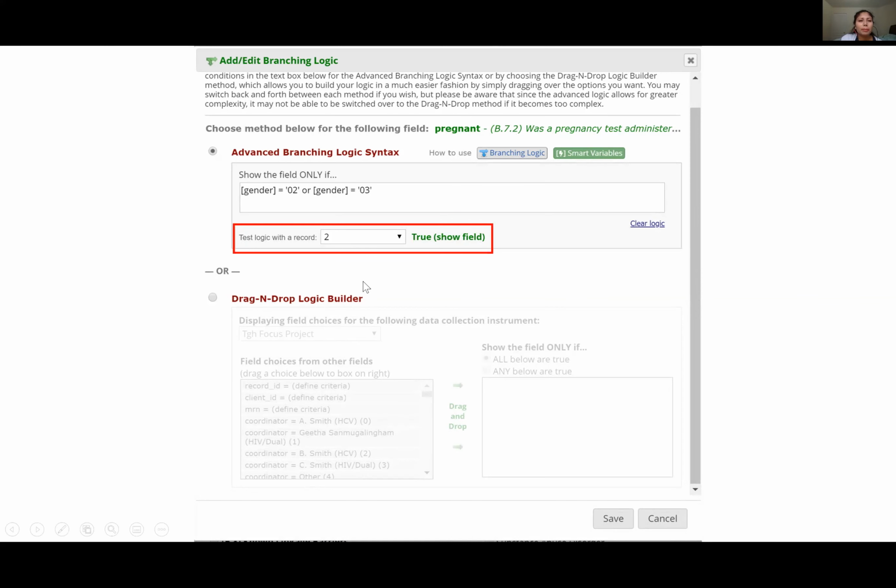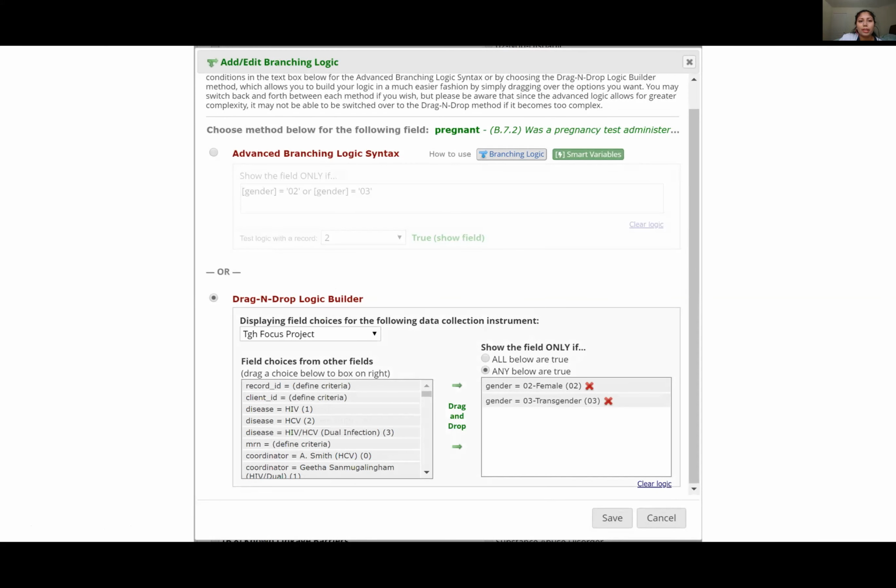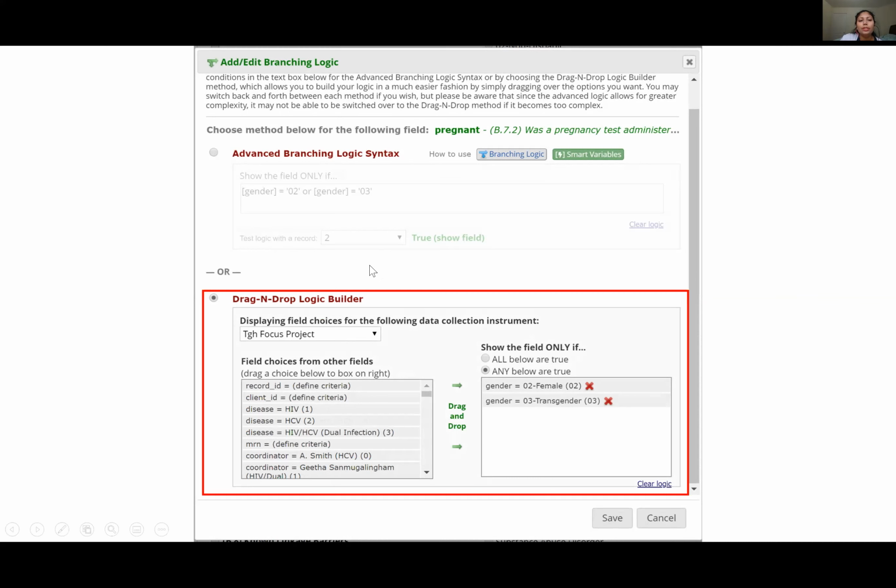Let's say you're not very familiar with logic language and you'd like a little bit more of a simpler way to add branching logic to your CRF. You could use a drag and drop logic builder. Here, you use the field choices that are available to you in the data collection instrument. Make sure you correctly choose the data collection instrument that you want this branching logic to show up on. Here, it will default to the only one that I have available, which is the TGH Focus Project data